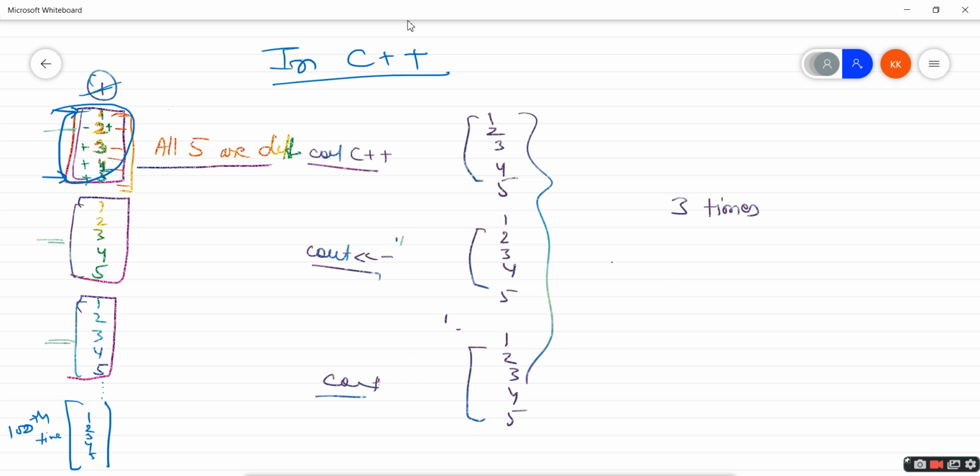What can I do? I'll simply write for int i equals 1, i less than or equals to 3, i plus plus, right? And inside this I'll simply write cout, let's say hello world I need to print, or C++, so I'll simply write C++.